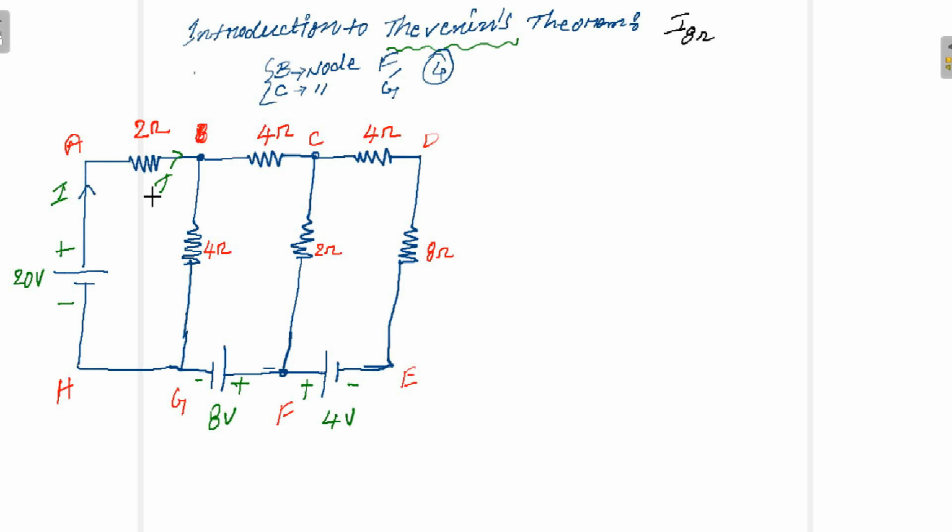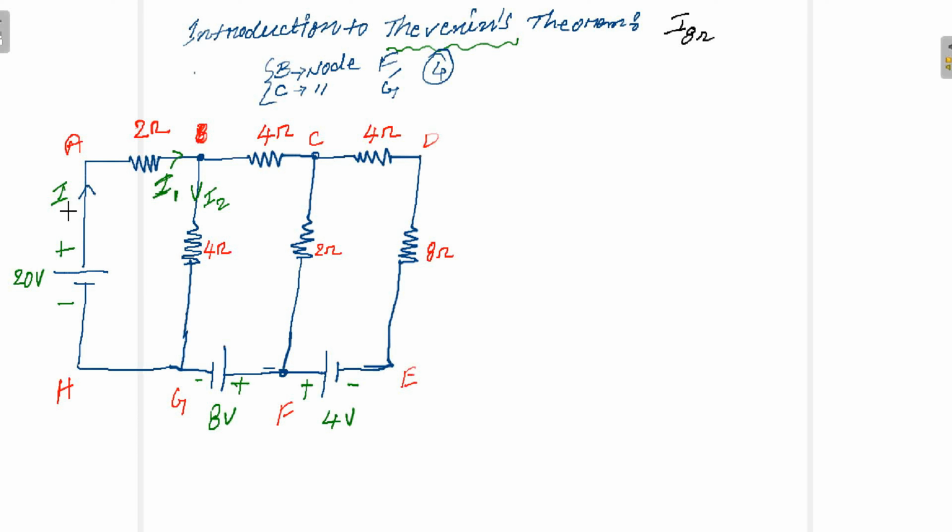First of all, we need to denote the currents for Thevenin's theorem. This is very important. If you want to apply KCL or mesh analysis, denoting the current is very important. First we denote the current, then we apply a loop current, that is KVL. So this current I reaches this point and is divided into this branch. Let us consider the current in this 4 ohms is I2, and this is your I1.